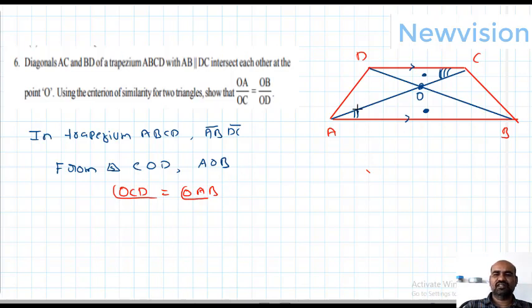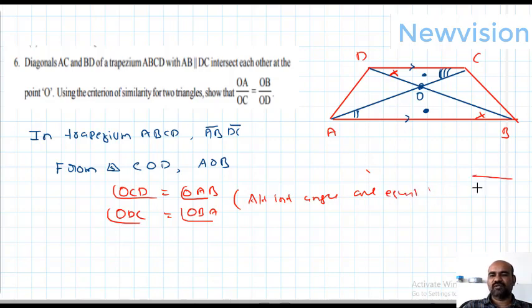Reason, I will write why. Next, this angle equals this angle by the same argument: angle ODC equals angle OBA. Alternate interior angles are equal. Same argument: when two parallel lines are cut by a transversal, the alternate angles so formed are equal. So from these two triangles, two angles of this triangle are equal to two angles of this one, so automatically you can call them similar. Or vertically opposite angles are also equal, that is not a big problem, you can write that also if you want.